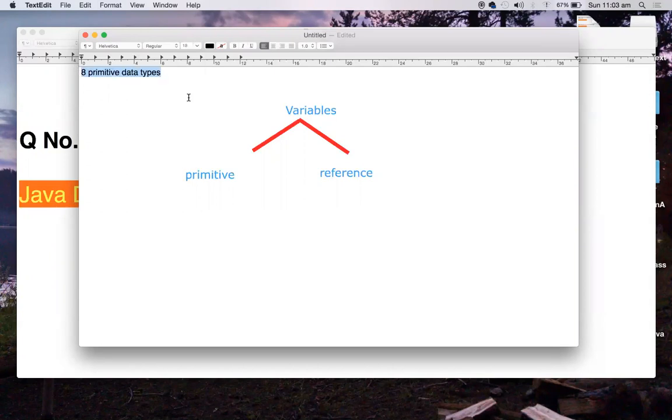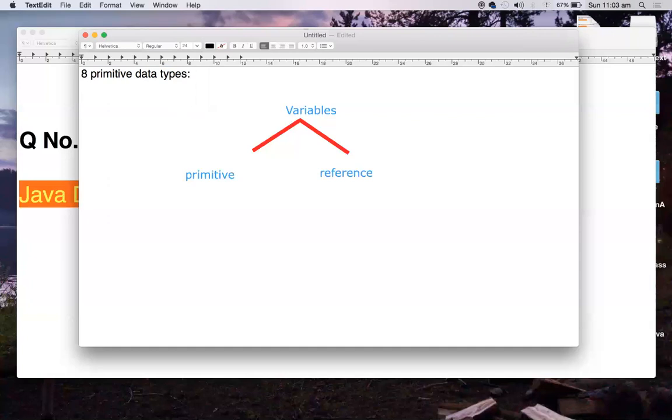Let me make it bigger so that it is visible to everyone. I will explain all those primitive data types in detail later; here I am just listing the 8 primitive data types.